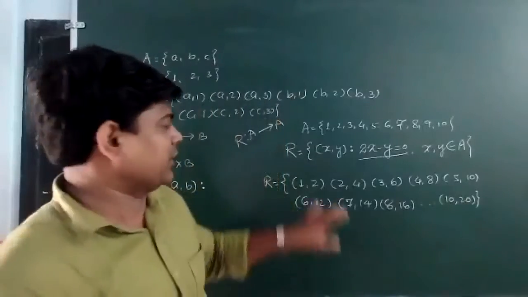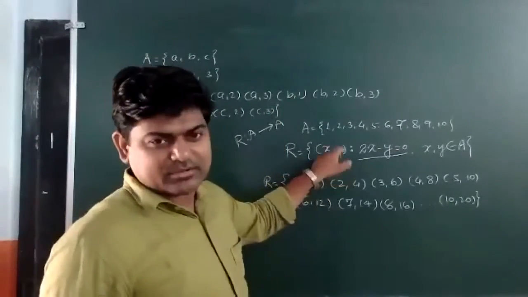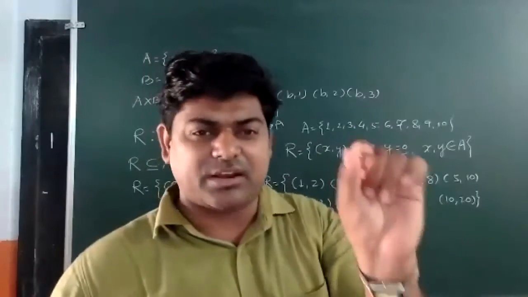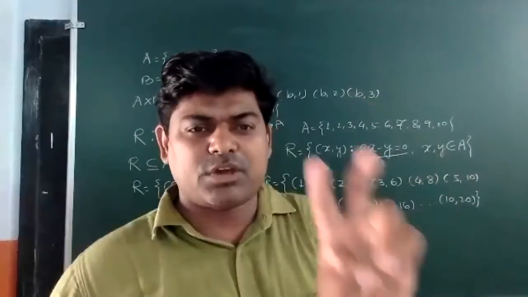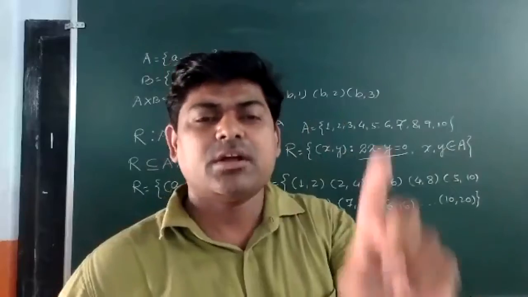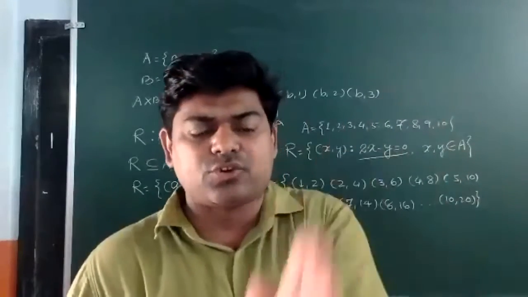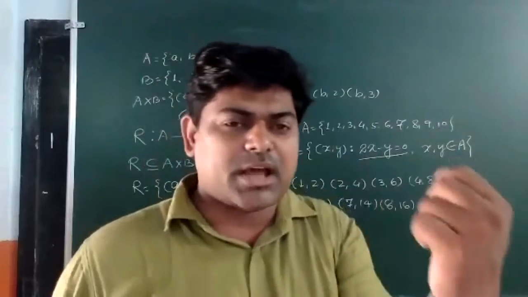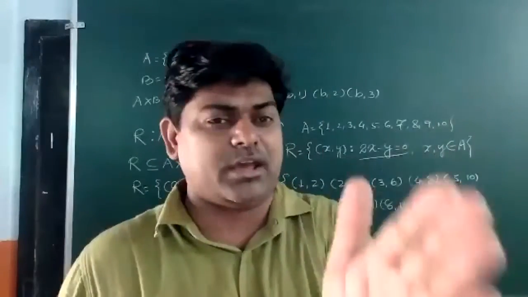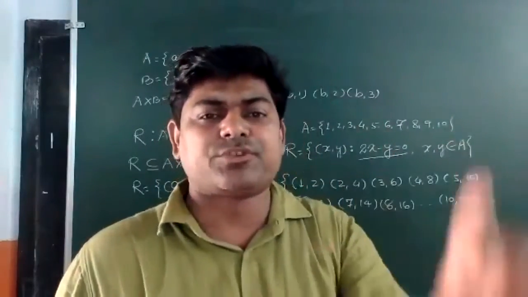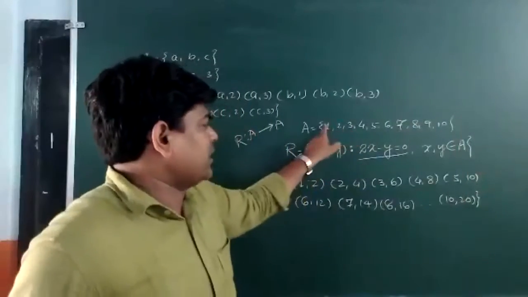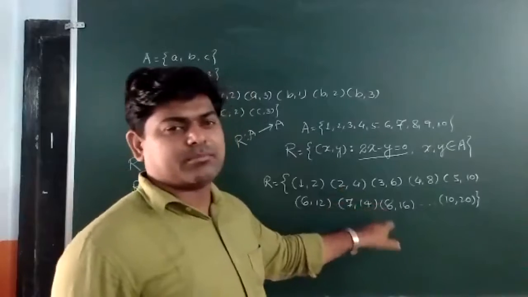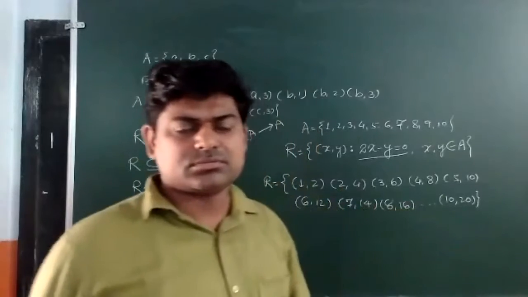Let me tell you what I said here. It was written (x, y). It means it is well clear that each and every element of a relation should be an ordered pair. In an ordered pair, we have two elements, first and second. If a function is defined from A to B, then the first element should be from A and the second element should be from B. Here I said if the relation is defined on A, it means the first and second elements should both be from A only. A is well defined, 1 to 10, then how will 12 come? How will 14 come? How will 16 come? It's wrong. Very simple.